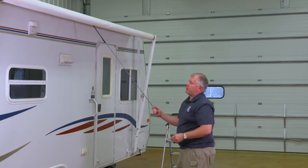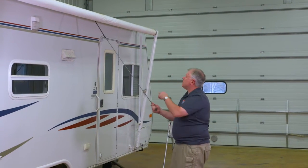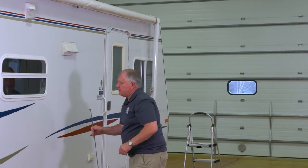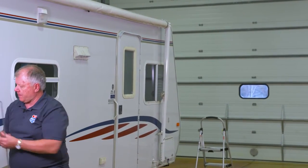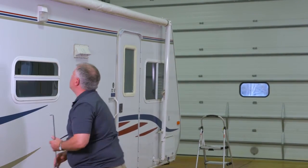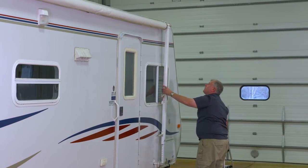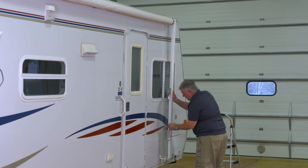And one of the things you don't want to do is you don't want to let it go smacking up to the end there. You could bend some of this stuff, and a lot of times you'll lose your strap in here. So we want to make sure that strap stays in. So just nice and tight. Handle in, handle down. That's the one we're having a little bit of an issue with up there. Locked in, handle down,